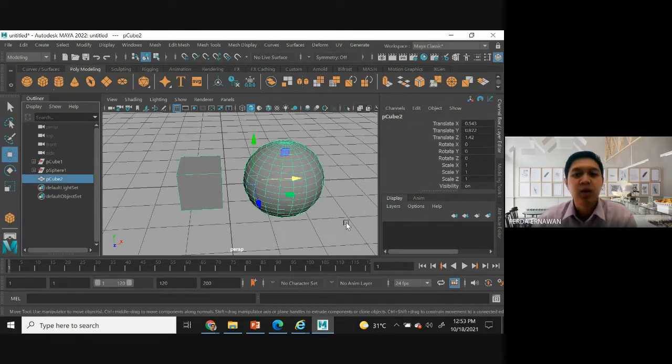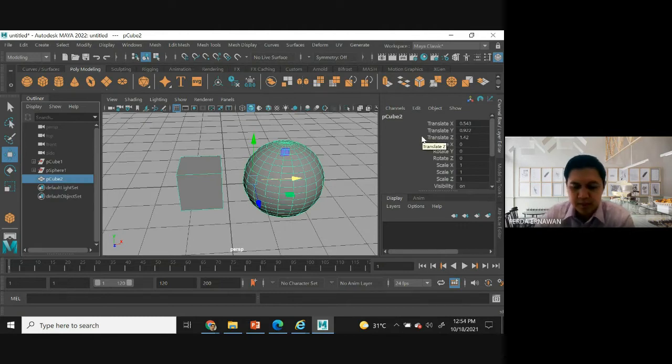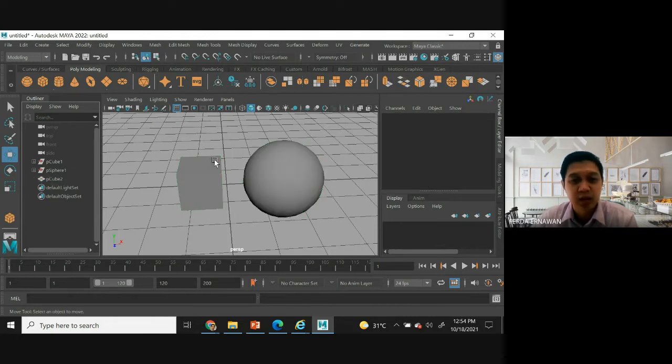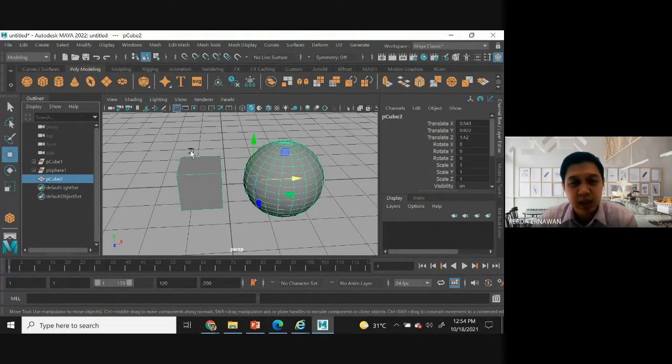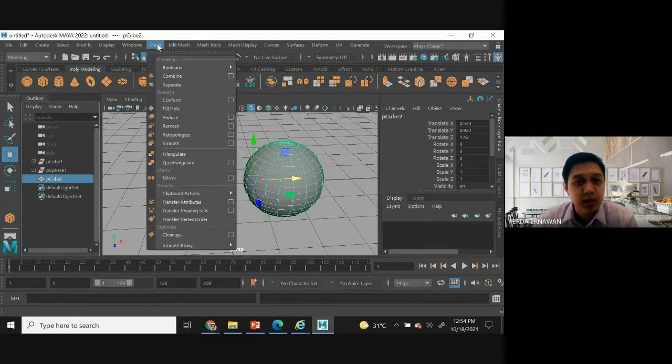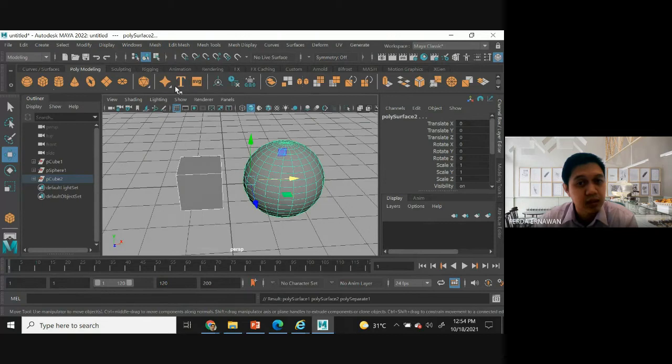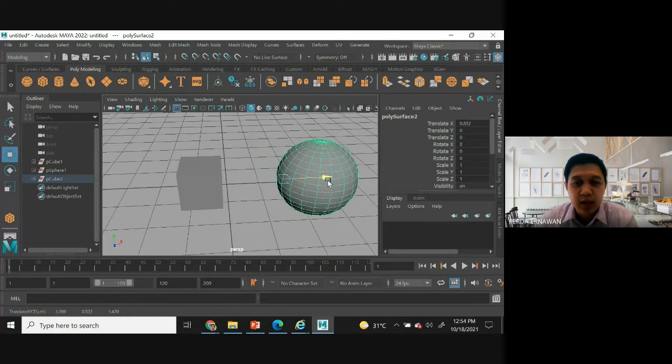Okay. So how about the split? This one, yeah. I want to split these two objects. You can select both. Actually, you just click any one of them, because we already merged. Then you can select any one. It will select all. Then you can go to Edit Mesh again, and then choose the split like this. Then you can choose one here. This one here.